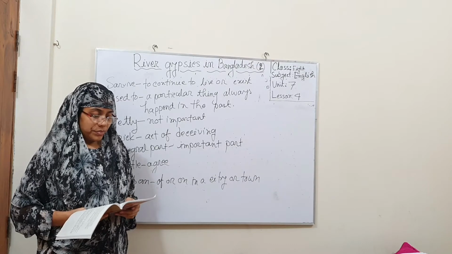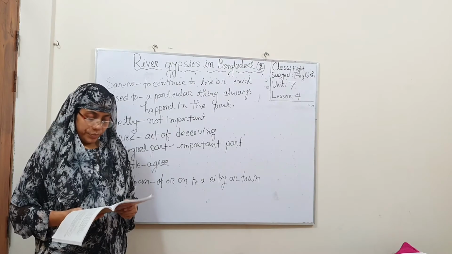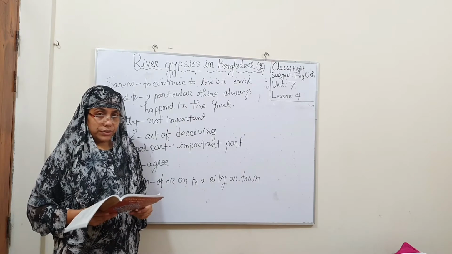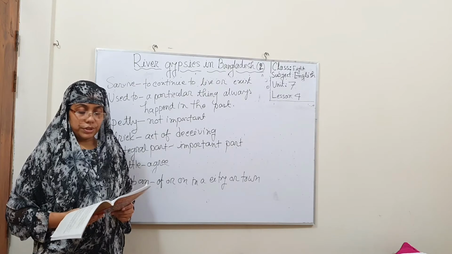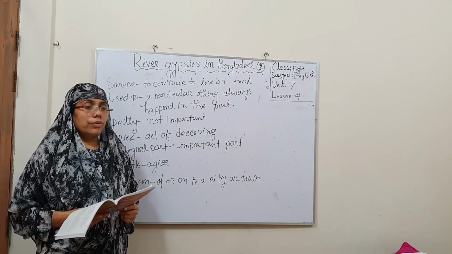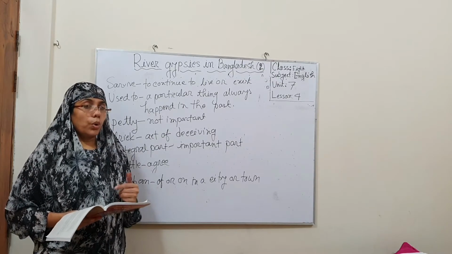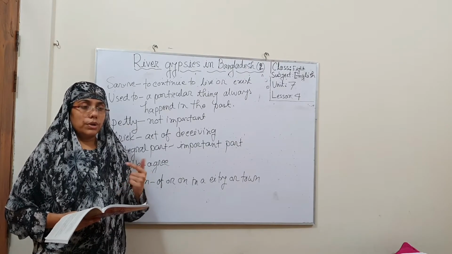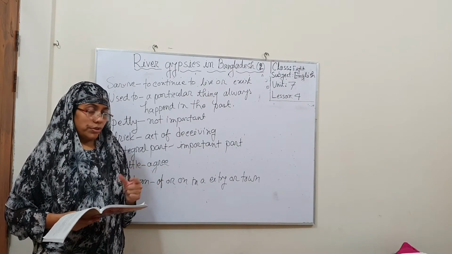Dear students, now I will go to Stage B, and in this stage you will get a text. At first I will read the text, and then we will answer some questions following the text. For this reason, I will ask you to listen to me very carefully, and if you can, open your book and follow my reading. It will be very helpful for you. You can pronounce all of the words and understand all of the sentences if you listen to me very carefully.